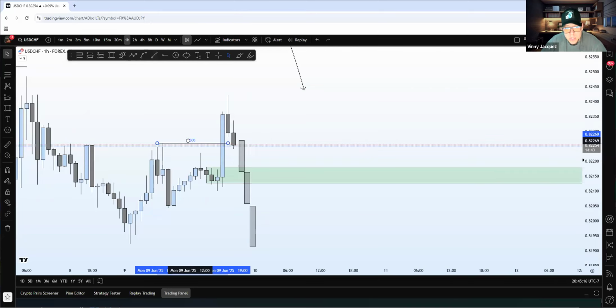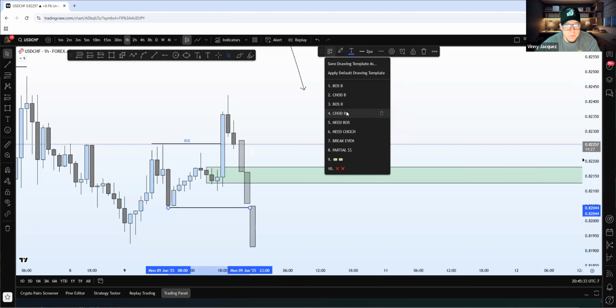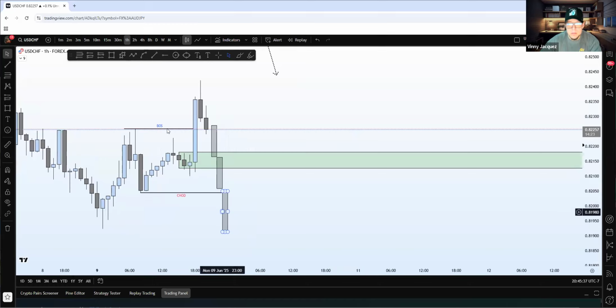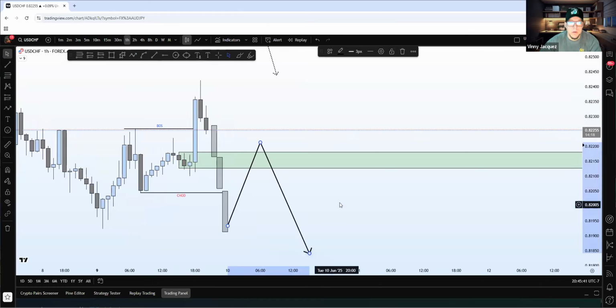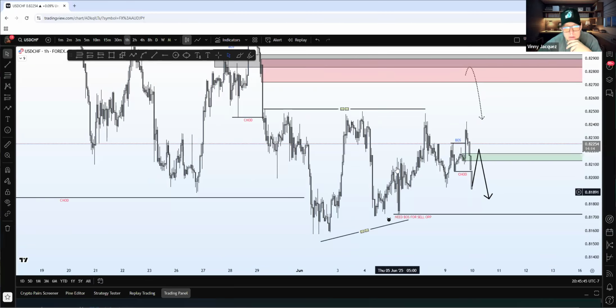Since we already had a break of structure to the upside, the second one isn't labeled break of structure. It's BOS first and then change of direction. It's not BOS, then BOS, if that makes sense. So since we got a break of structure to the upside, the second one would be change of direction. If we get that, then we can start looking for some more sell opportunities, right? If you indulge, if you want to play inside of liquidity.